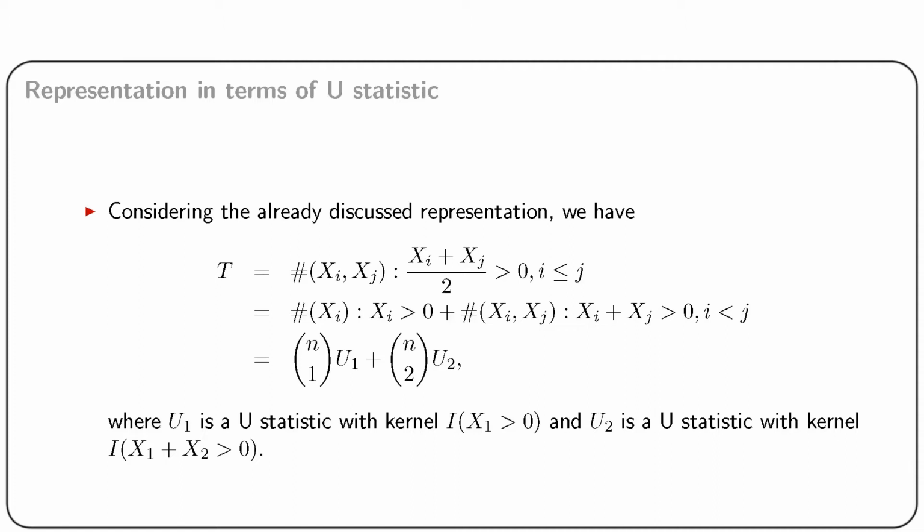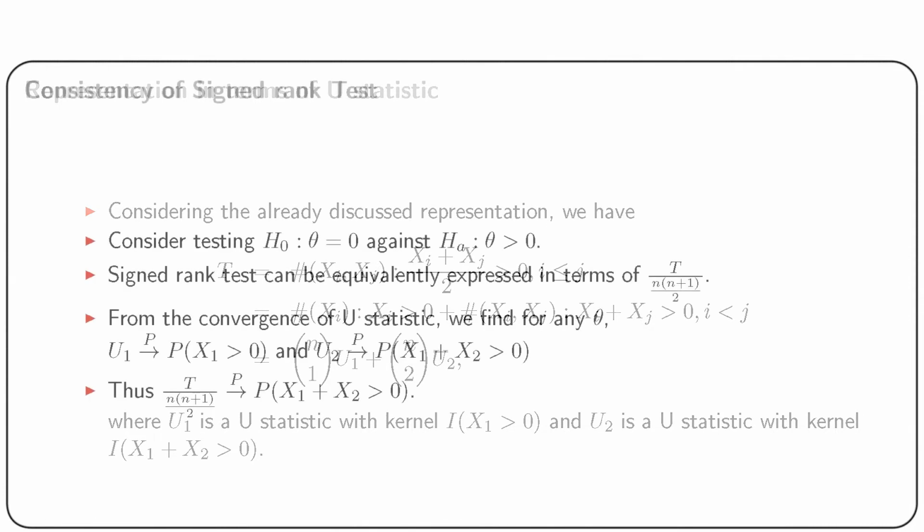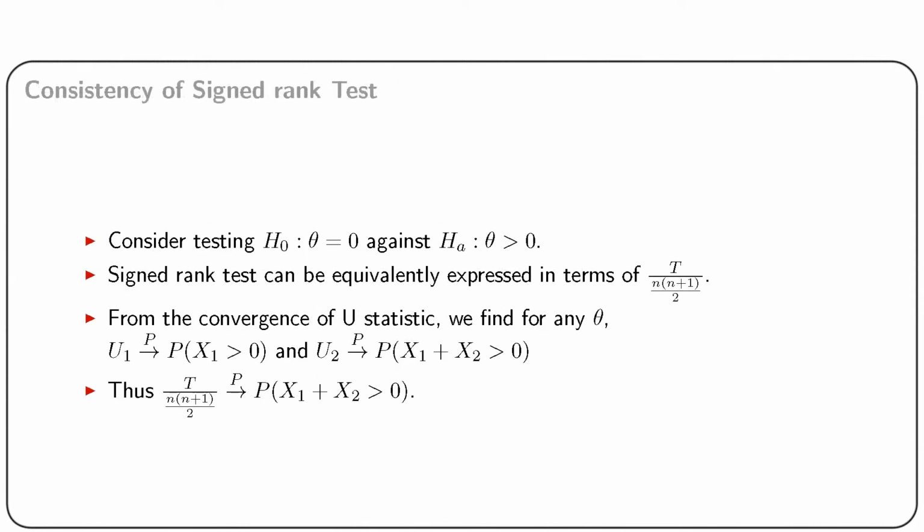Thus, T can be expressed as a weighted sum of two U statistics, one with kernel unity and the other with kernel 2. Now, we talk about a large sample property of the Wilcoxon signed rank test, namely consistency. Specifically, we consider testing theta equal to 0 against theta greater than 0. Now, the signed rank test can be equivalently expressed in terms of T divided by n into n plus 1 by